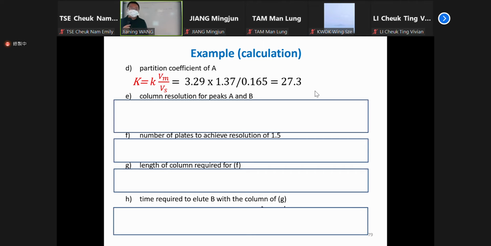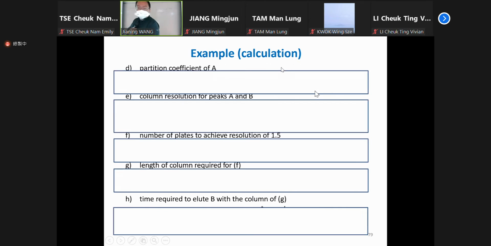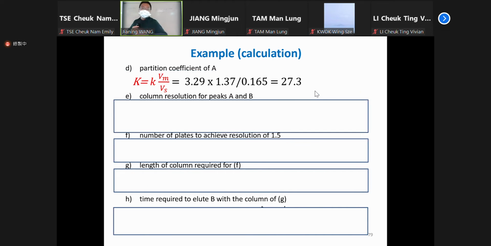have the relationship like this one, but during our study, we use this with their position. So with K equals k Vs over Vm, so we just flip their position. Okay, so we have the volume, right? In here we have the volume and we have the retention factor, so we can get the partition coefficient. And we also call this distribution coefficient. And then we can